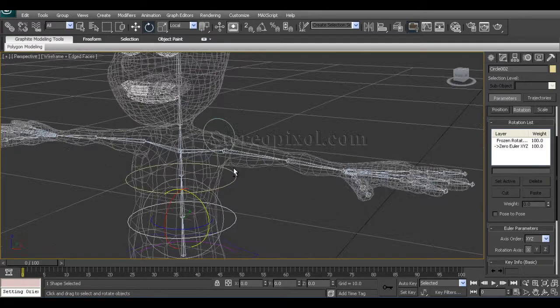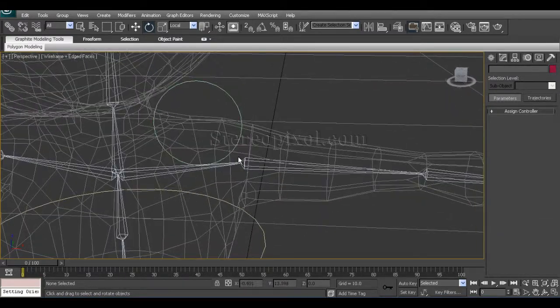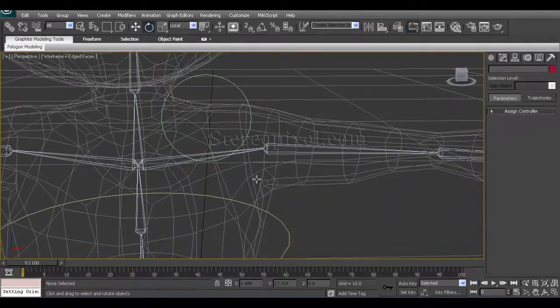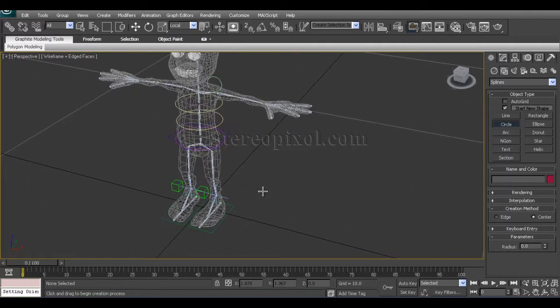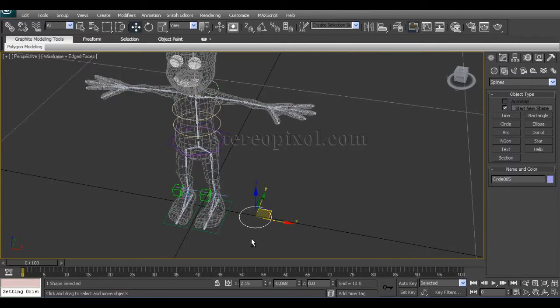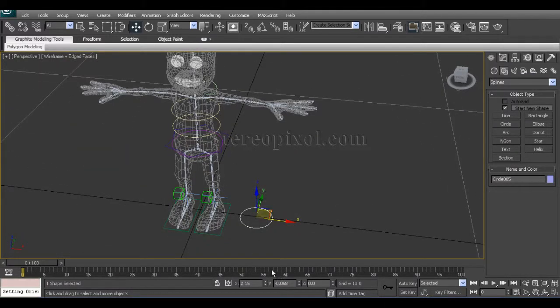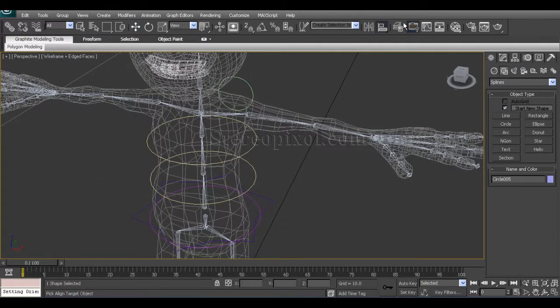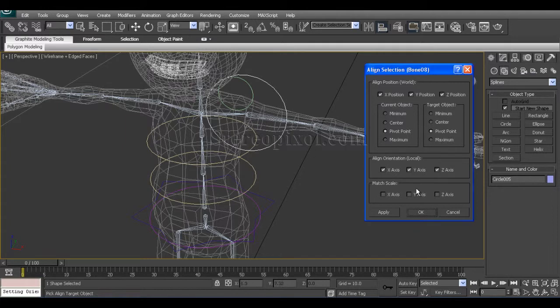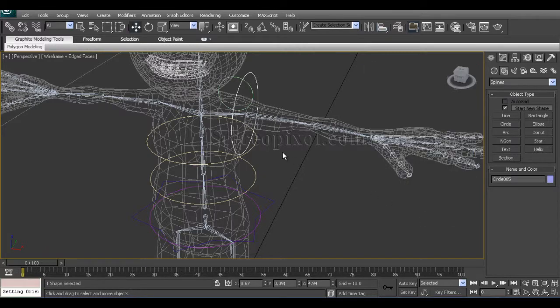So now we'll move on to the shoulder joint, and as we are doing the FK controllers, we'll create another circle and I have to just rotate it 90 degrees, fine, and we have to just align it with the align tool with this joint. Switch off the rotational axis. We need the orientation alignment local, because